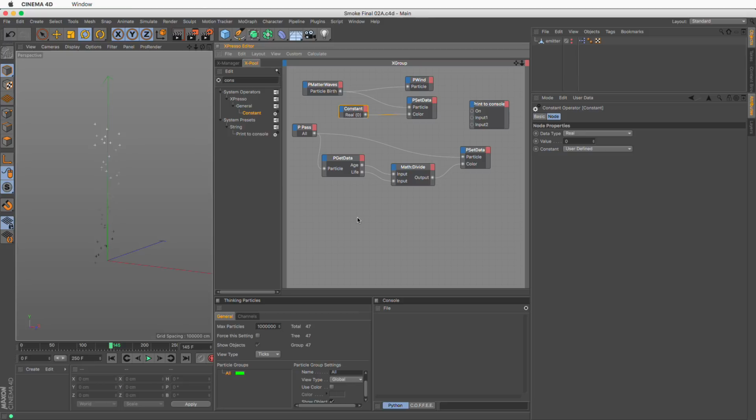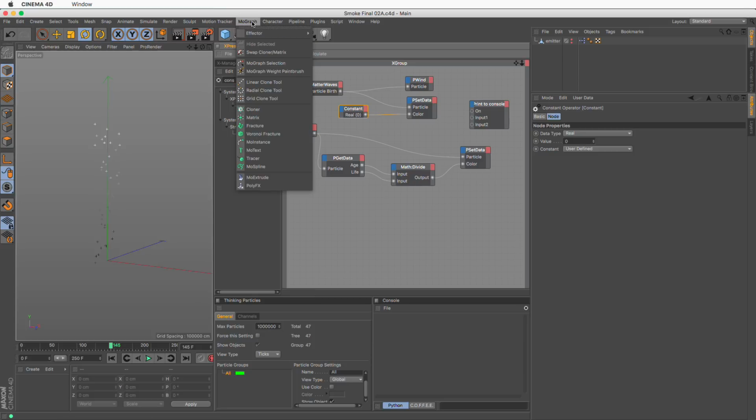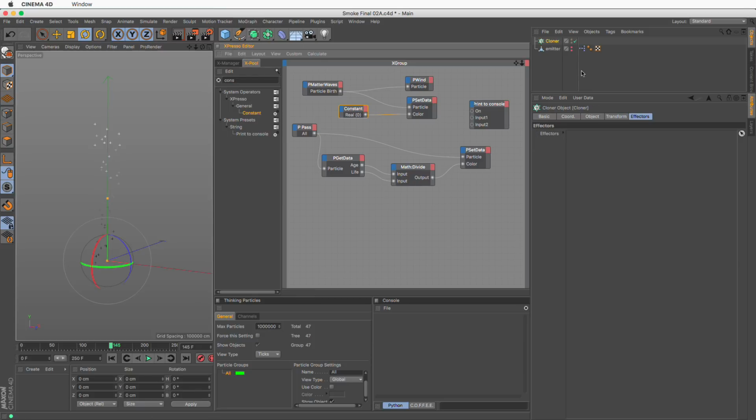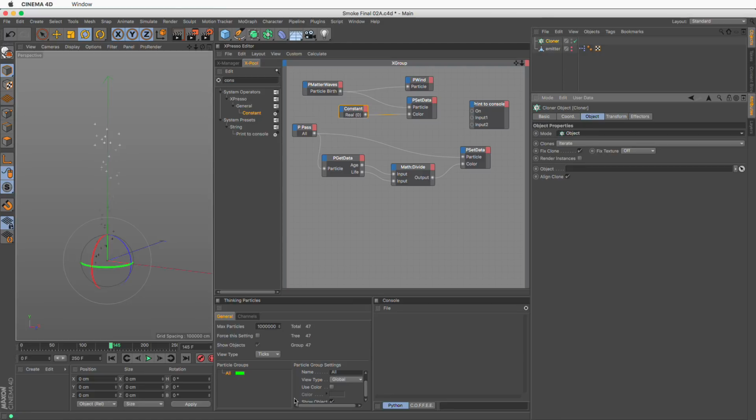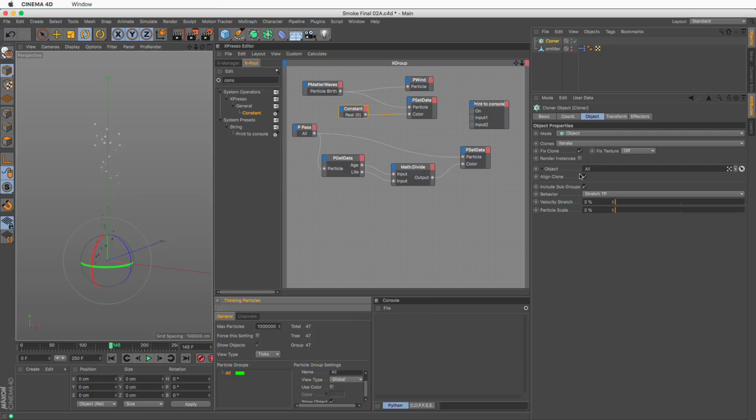With the file magically saved through the power of editing, let's continue and see what else we need to do now. So we've got the color set. So let's use these particles in the MoGraph context so we can see what happens. Let's create a cloner. Let's tell the cloner to be in object mode. When in object mode, drag the particular group you need in here as the generator.